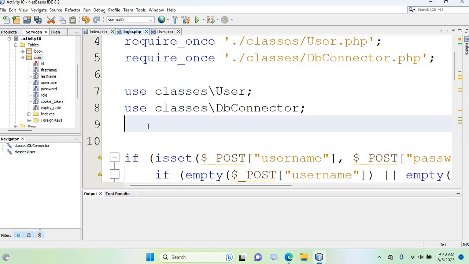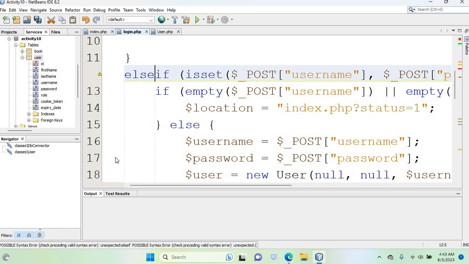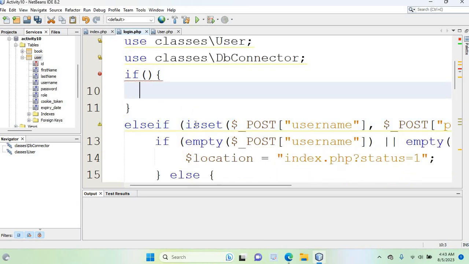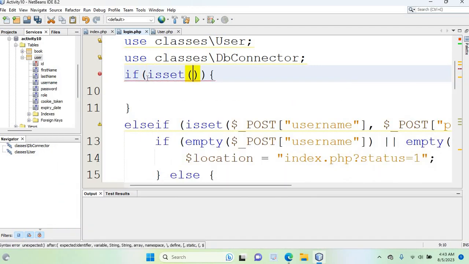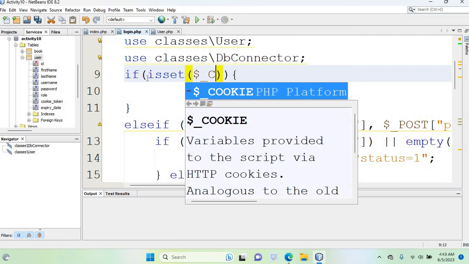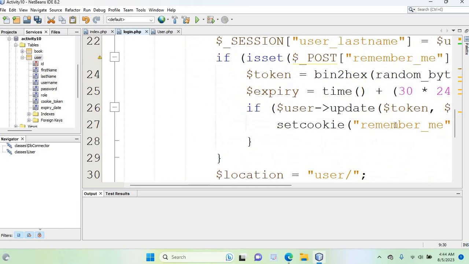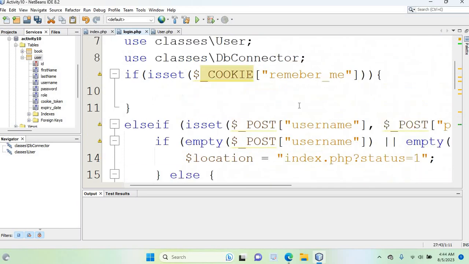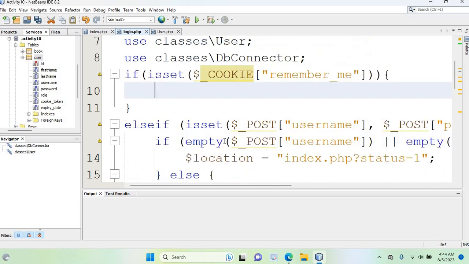Now here we have another if, so then this will become else if. If this user has a valid cookie called remember me, that is what we have set here. This is the cookie name, remember me. If this user has a valid remember me cookie, now what we are going to do here is